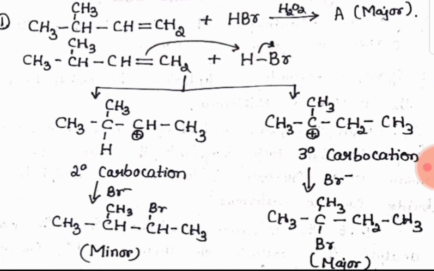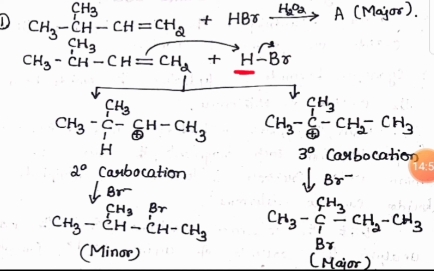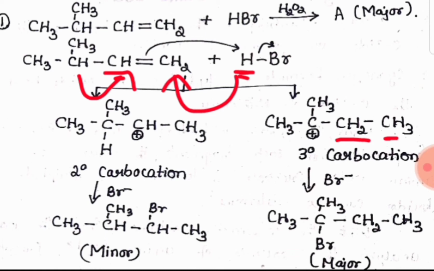Whereas if, to the same reactant, the hydrogen atom is added to this particular carbon atom, there is a shifting here, it will become CH2, and the addition of this hydrogen atom to this carbon atom makes it CH3. There is a creation of a carbocation at this particular carbon, this one. It's a tertiary carbocation because three carbon chains are there.